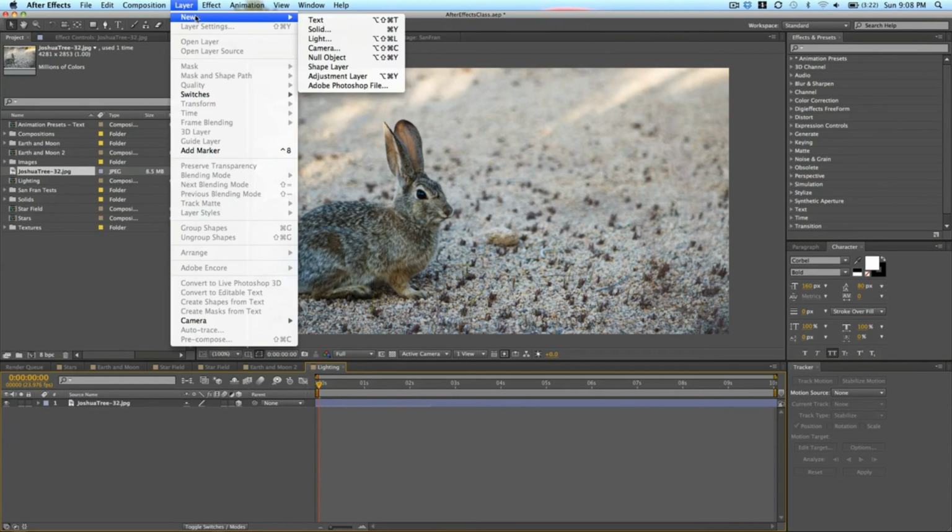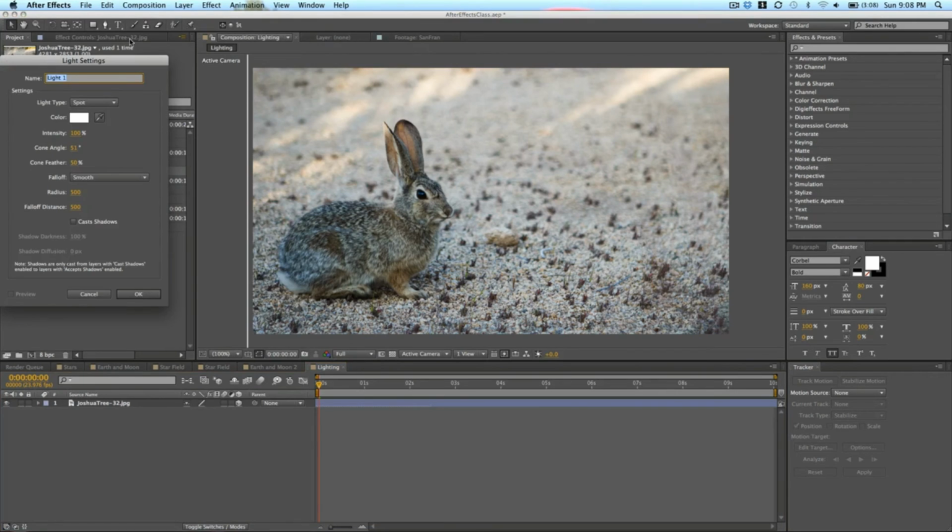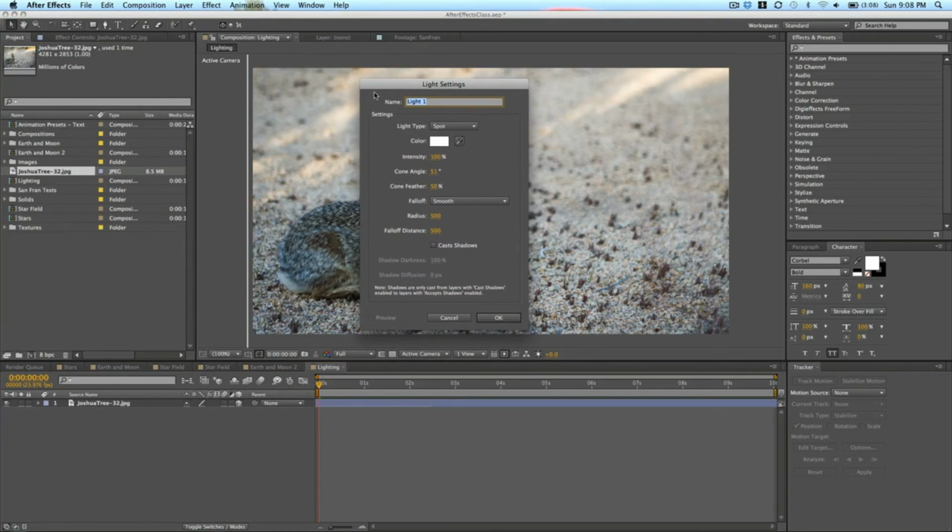Then go up to Layer, New, Light. And you'll get this dialog box with the options for the lights, and you can name it whatever you want. And then there's different types of lights: spot, parallel, point, and ambient. Let's start off with the spot, and we'll go through the rest later, but the spot is the main one you're going to be using. Ambient will basically add light to the entire composition at once in an even way, but spot, parallel, and point have some interesting